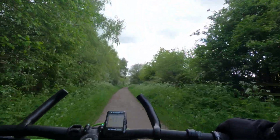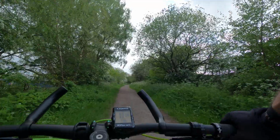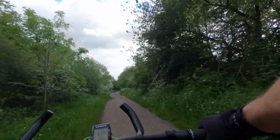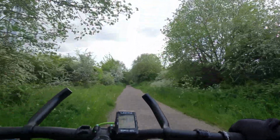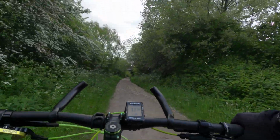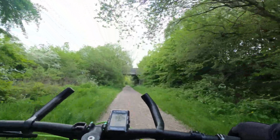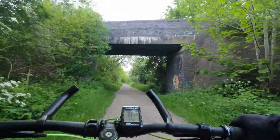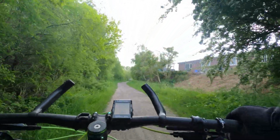Oh, the post. Another thing I doubled up on because I made mistakes. I just assumed I could swap it from my old bike, but it's a different size. So I bought a new one. A cheap one, brand X dropper post. A short travel one, because I'm only tiny, like a dwarf. It seems okay. Maybe that's what's making the ride feel harsh. I'm expecting the ride to be a lot more supple, more like the Mula Negra. That's a steel bike, and it does feel quite spongy. Whereas this, probably not as hard as aluminium, but I'm expecting it to be a bit more